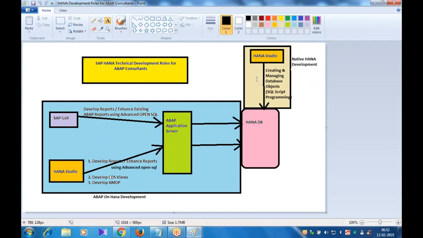That can be done only through HANA Studio. From HANA Studio, as you can see in the diagram, we will be connecting to the HANA database. There are some developments which can be done only through HANA Studio: developing CDS views and developing AMDP. I cannot do it through SAP GUI. So if you are using a HANA database, do we still use SAP GUI? Yes, we can still use SAP GUI, but we can develop only reports. For developing CDS views and AMDPs, we compulsorily require